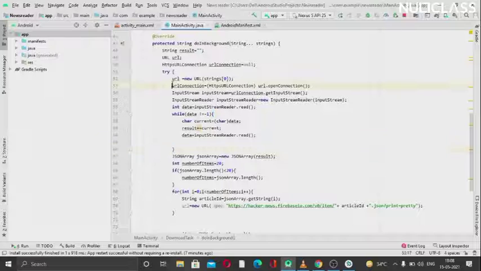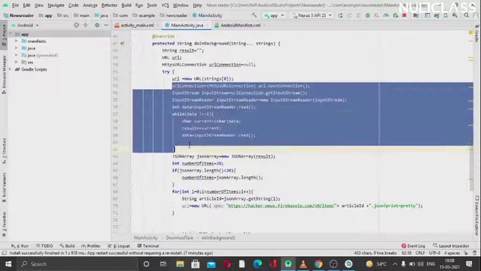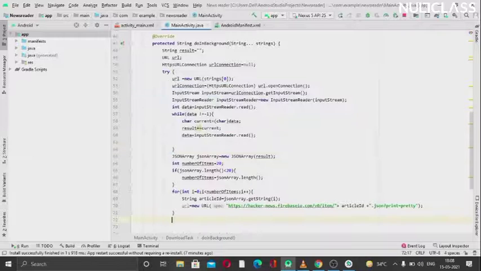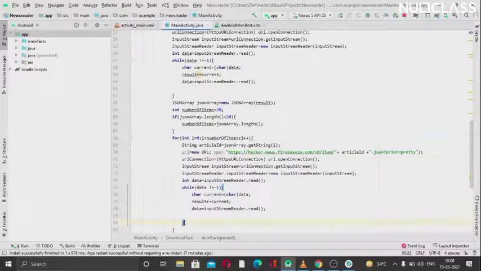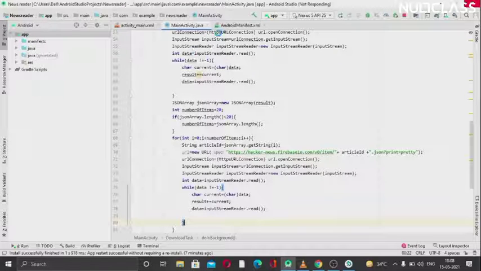So I need from here, I will just copy it and I will go here, and I want these all to be in the for loop, as we need to set up the connection inside of that only. So I will just use that. We don't need this, as we have already declared them above, so we don't need to do that again.